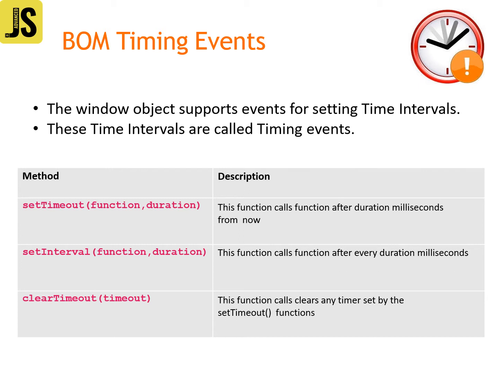So if you are using the setTimeout function with the window object, the window will call this particular function after this many milliseconds from now. Whenever the setTimeout function is executed, from that time onwards, after this much duration, the function which is set as the first argument will be called.